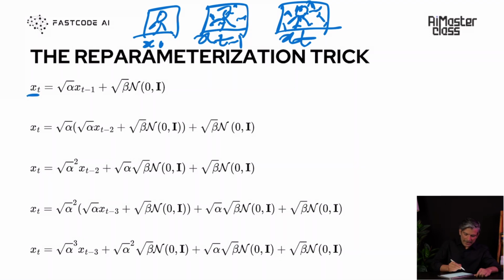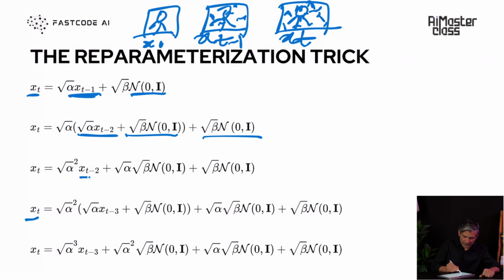We have our xt, and xt is a function of xt minus 1 and your Gaussian distribution. Then we are going to substitute this xt minus 1. What is xt minus 1? xt is under root alpha xt minus 1 plus under root beta times this Gaussian. So xt minus 1 would be similar: under root alpha xt minus 2 plus this Gaussian, right? And then we have this alpha outside, and this term remains as is. Then we do it one more time. Now we have opened it up, we've multiplied things together, and these are the three terms.